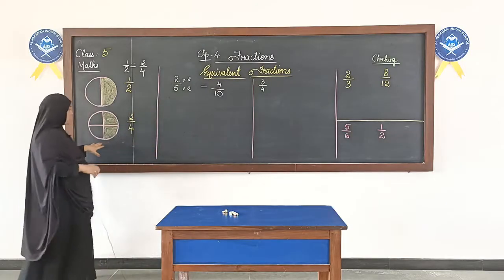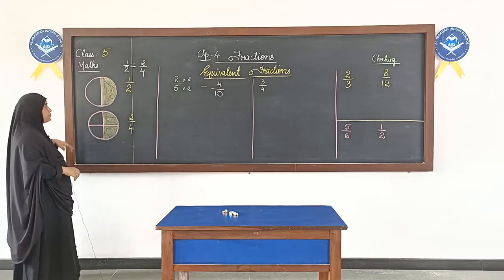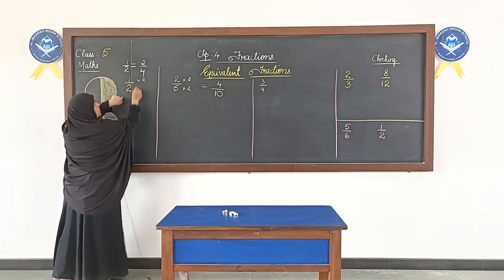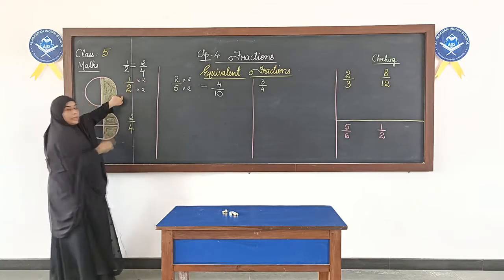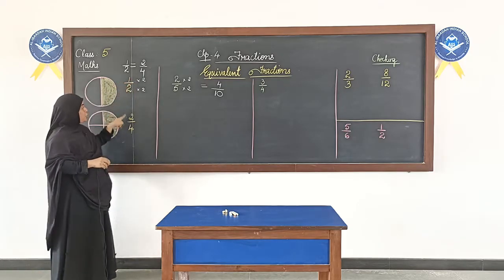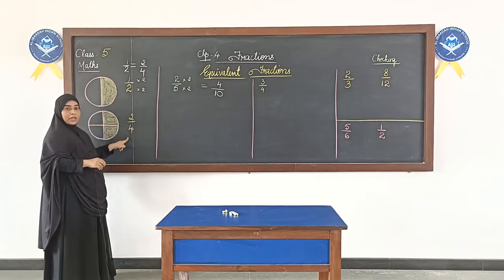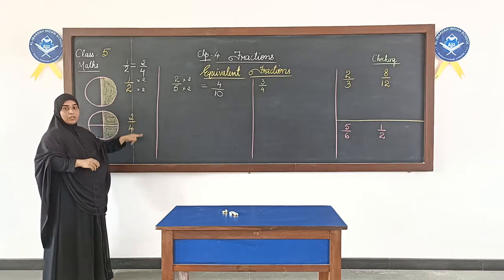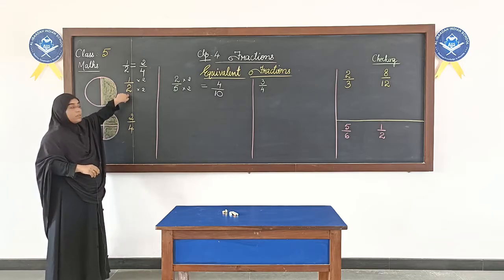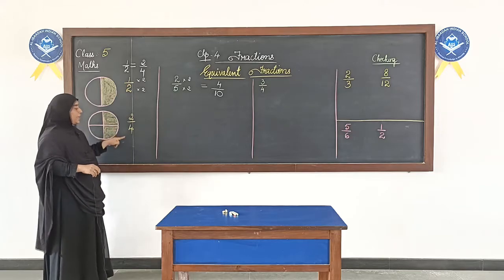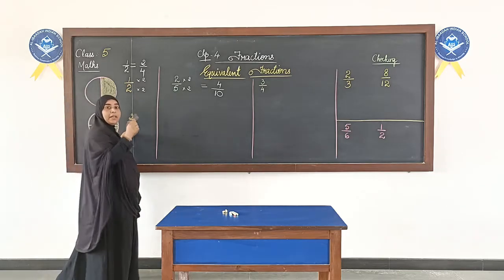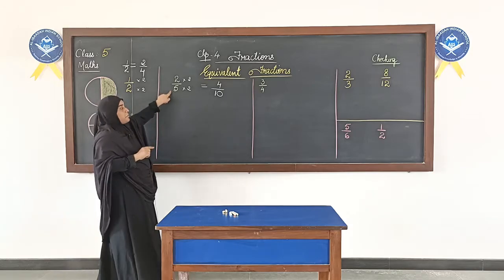How? I can show you this with the same example here. Now, 1 by 2, if I multiply numerator and denominator with 2, I will get 1 2s are 2, 2 2s are 4, I will get this fraction. So when we multiply the numerator and the denominator with the same number, we get its equivalent fraction. The new fraction that we get will be equal to the first fraction.